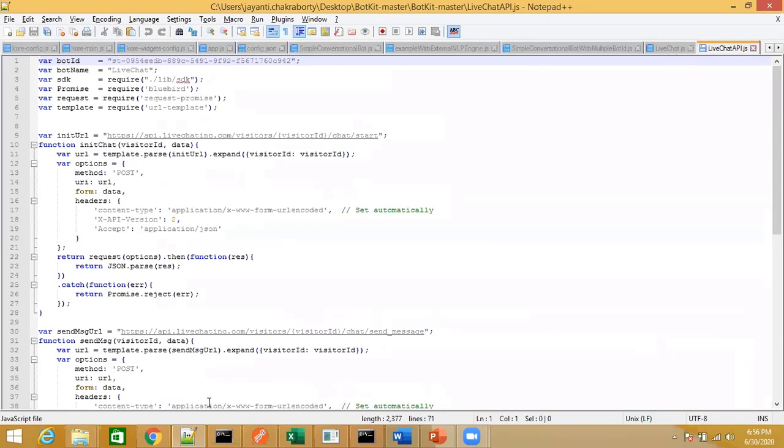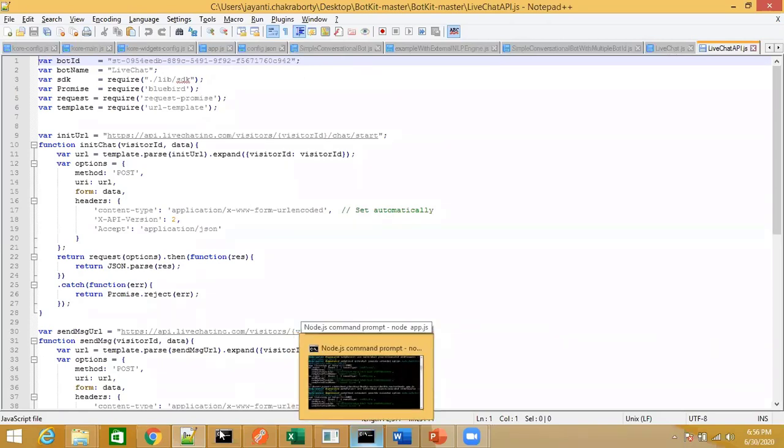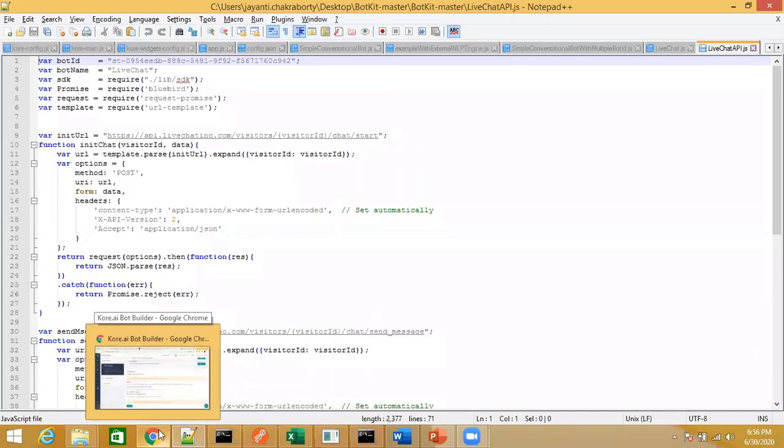After that, you should have your Node.js running for generating the JWT. While talking to the bot, if your conversation hits that particular node, BotKit will take over from there. It will integrate to an external live agent using the APIs that you have provided within your BotKit, and it will also provide the conversation history to that live agent for reference. From there, the conversation will take place between the live agent and the user. So this is the purpose of the BotKit.